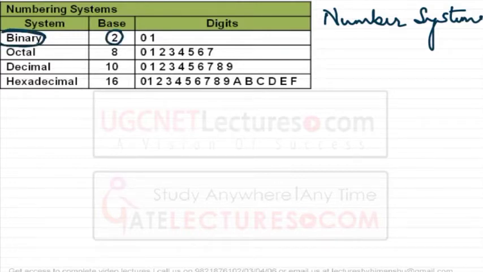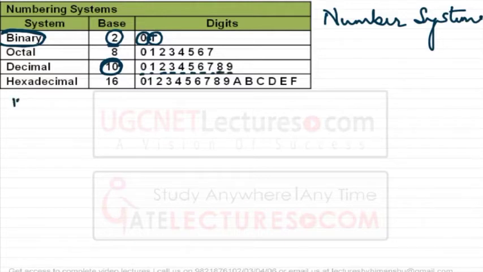What does base mean? Base of a system is the number of symbols that we are using in that system to represent that system. We all know in binary system we are using only two digits, 0 and 1. Therefore base of binary system is 2. Fine. And in our mathematics, in human mathematics, we are using decimal system. Decimal system has base 10 because we are using 10 unique symbols. These are the 10 unique symbols, 10 unique digits to represent all the numbers in decimal. Or 0 to 9 are the 10 unique symbols.